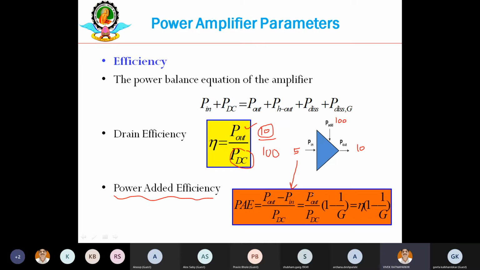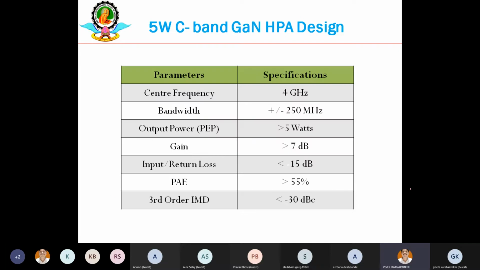So it is always less than that of a drain efficiency. Now it will become 5% in this case. So we have to understand what is the meaning of drain and power added efficiency. Both are important, but in a more realistic manner, power added efficiency will give you an exact idea about this particular power